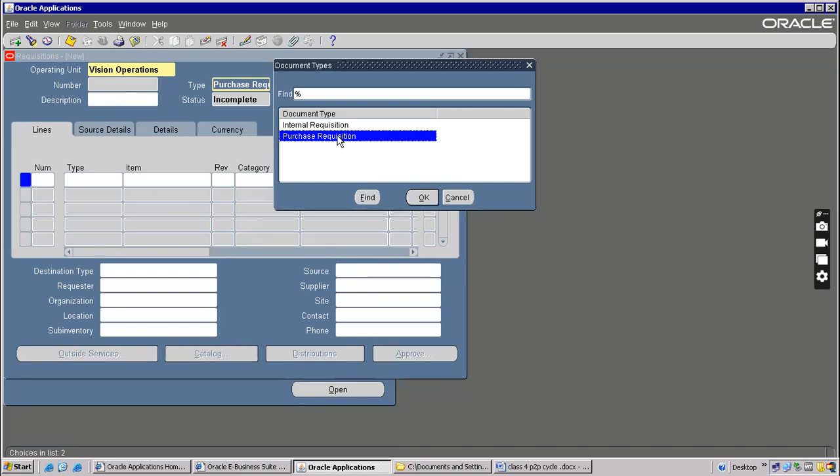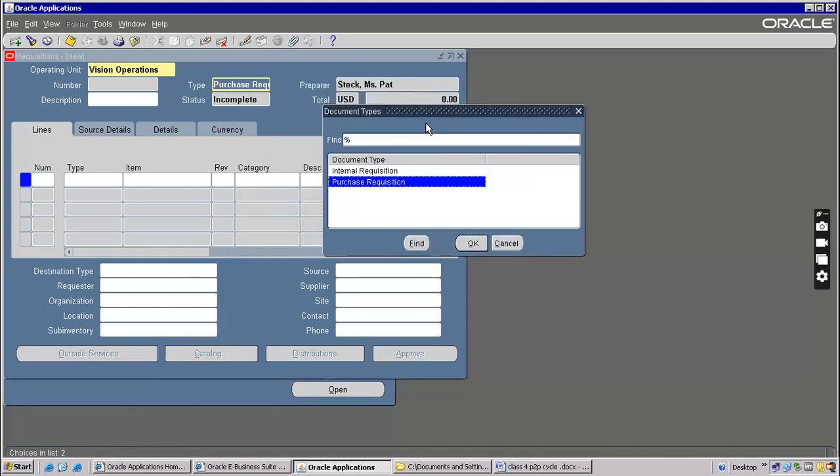Purchase requisition means you'll buy the goods from another company or other source, or we can say a supplier. From the supplier, we'll purchase the goods. That's called a purchase requisition. Right now, we are purchasing from other suppliers only. Click on OK.